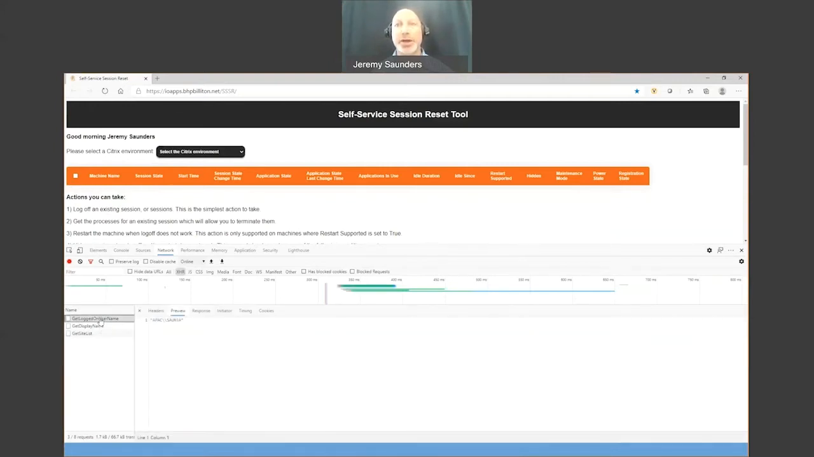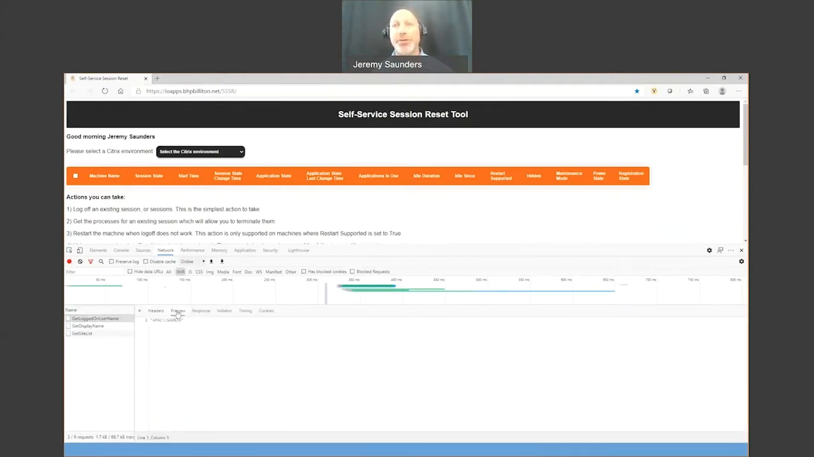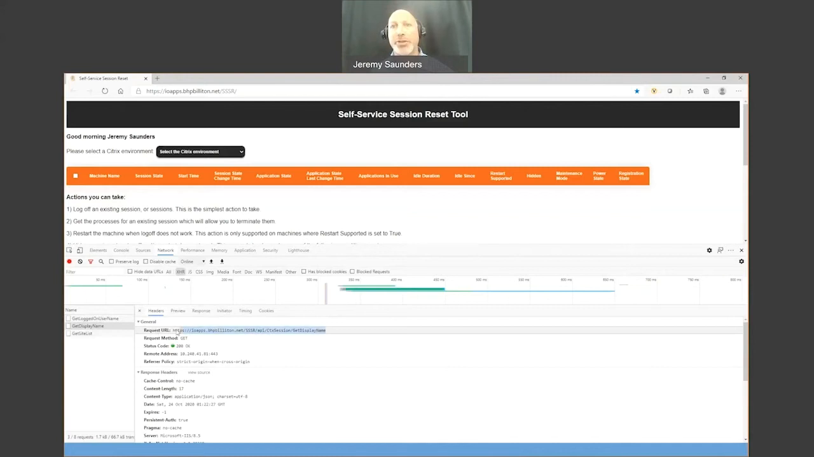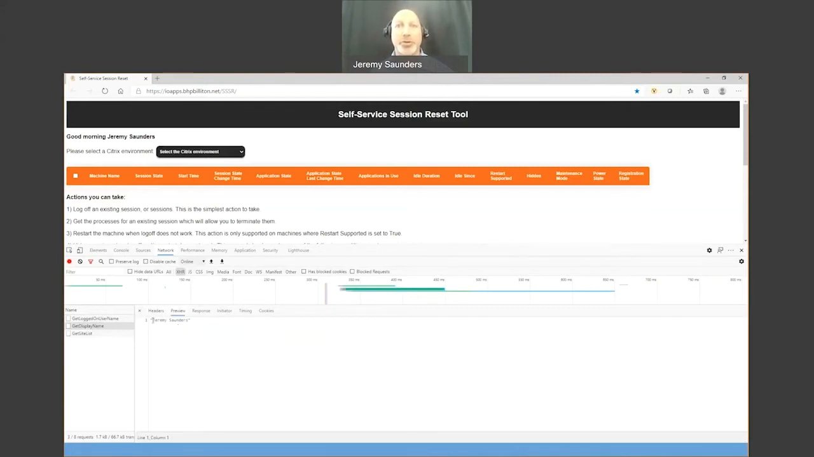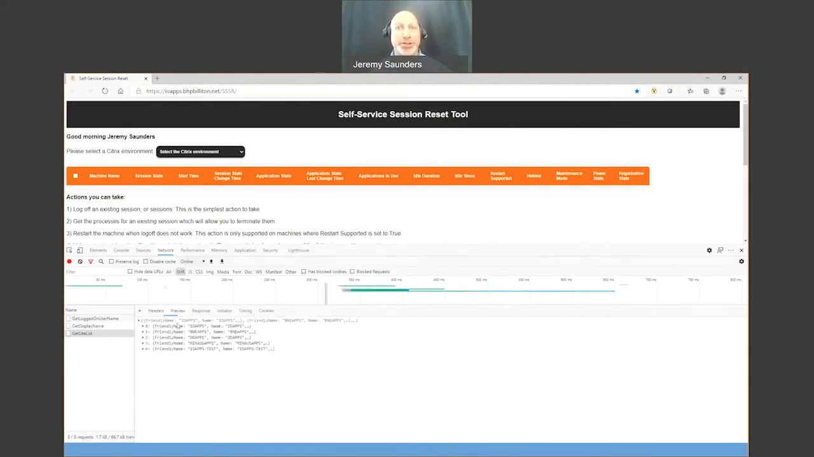If you click on each one, you can get the header and you can see this is the call it made, and the preview data shows my domain name and username from Active Directory. Likewise, display name. This is the URL, this is the call it made, and the preview. The data returned was my name. Get site list again: the header shows get site list, and the preview is a list of all sites, and each of their data and all their properties are within